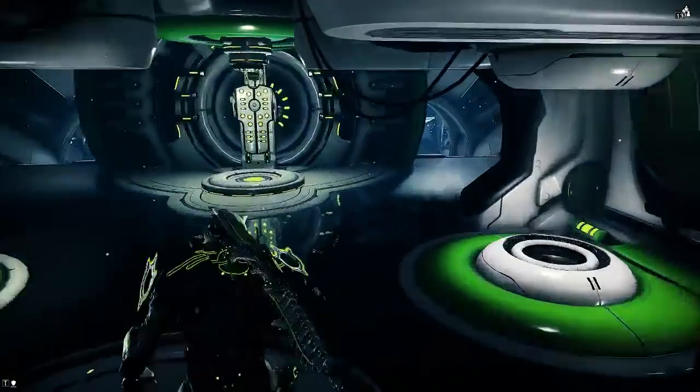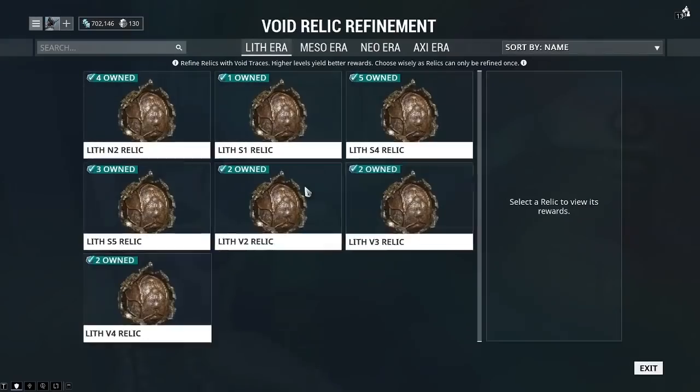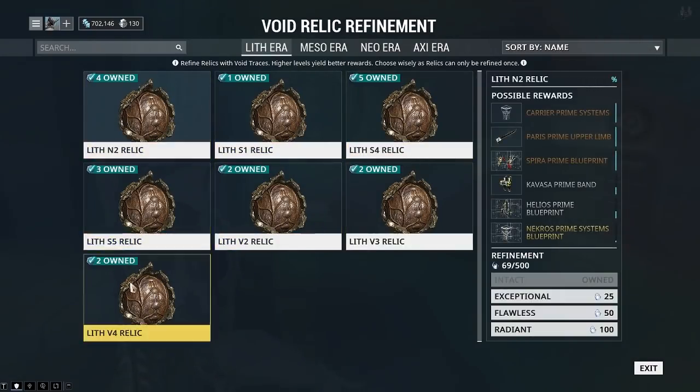These relics, you should have picked up any amount of relics by the time you've gotten this far. So basically we're going to go over here, and I'm picking any relic. I don't really care. It doesn't really matter right now. But basically what's happening is you're going to do fissure missions. And when you do the fissure missions, which I'll show you where they are in a second,